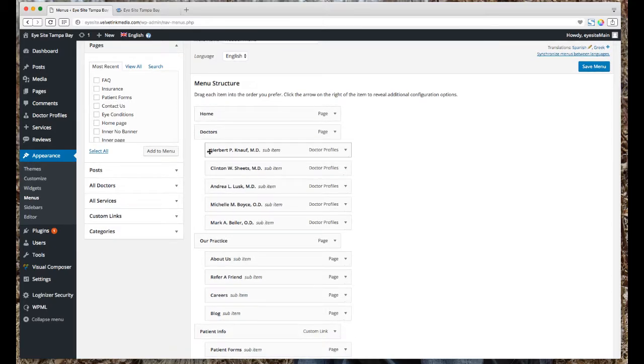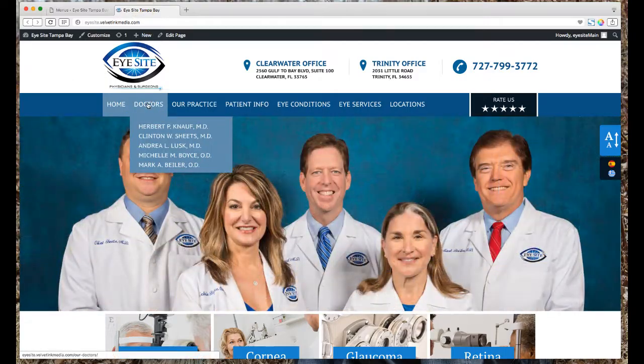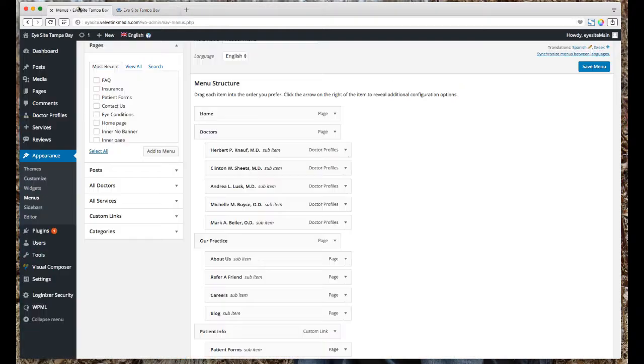Anything that's indented under that particular one will be in the drop down. So for instance, doctors, we have these listed on here, you know, the doctors, of course. If I roll over that item, we'll see those. Okay, and then